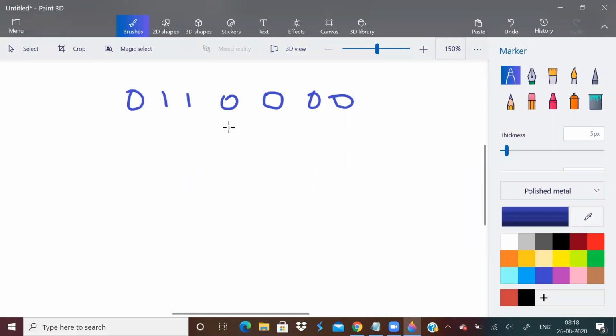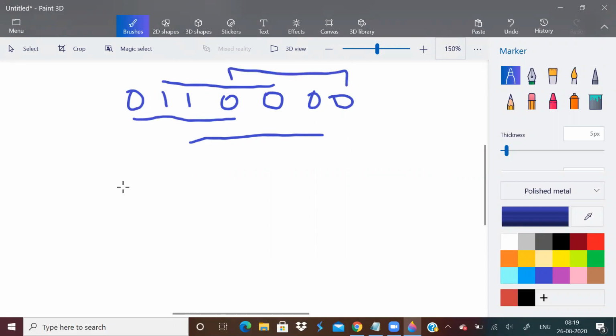Now I will generate all the substrings of length n like this. This is one substring, this is another, and another, and another. When I generate all these substrings, I get 0, 1, 1, 0, then 1, 1, 0, 0, then 1, 0, 0, 0, and then 0, 0, 0, 0.